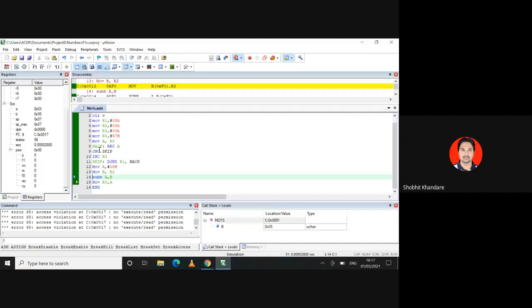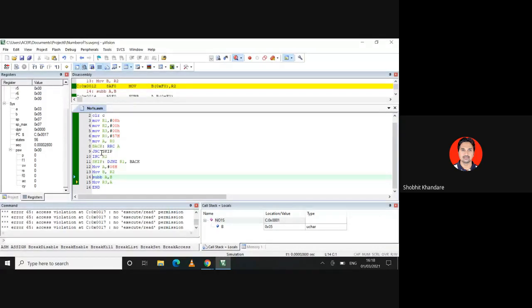JNZ is logical. Increment is logical. DJNZ is a logical one. Then move instructions are the data transfer instructions, and SUBB is an arithmetic operation. Others are the instructions which I have shown, that is a logical one. So using the logic we have used those particular instructions.